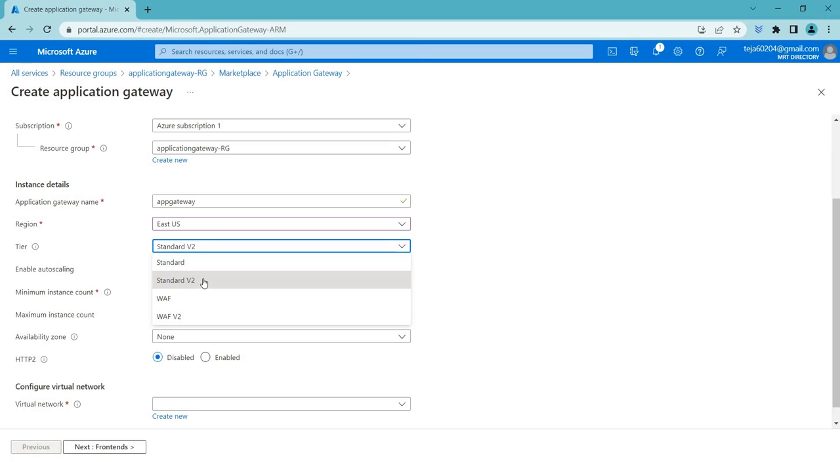And if you talk about the WAF, WAF is nothing but a web application firewall. The WAF tier includes all the features of the standard tier as well as additional security features such as web application firewall, bot protection, and application layer monitoring. So that is what WAF provides. Whereas the next one, WAF v2, includes all the features of the Standard v2 tier as well as additional security features such as web application firewall, bot protection, and application layer monitoring. So that is what it is. We'll be selecting the second one,